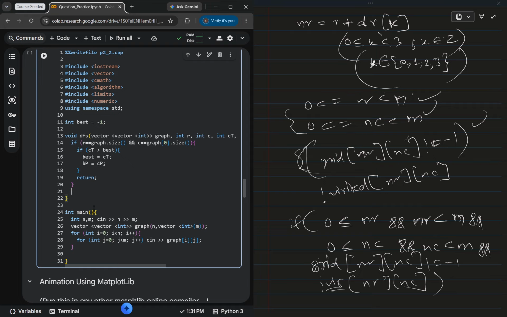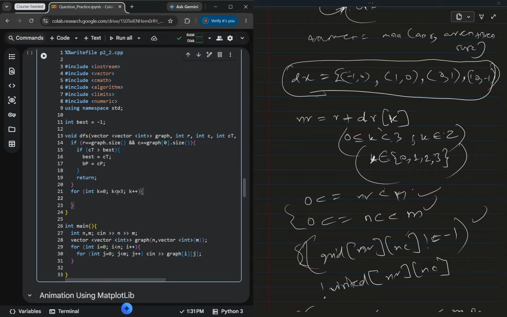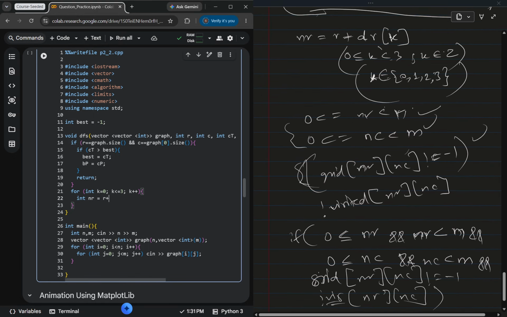Obviously the main part is right down over here. So basically we have for int k equals 0, and I told you k was 0 1 2 3. So integer k equals 0, k less than 4, or you can just do k less than or equal to 3, then k plus plus. So this will give you 0 1 2 3, and you can have your new row and new column as what we need. New row equals basically r plus